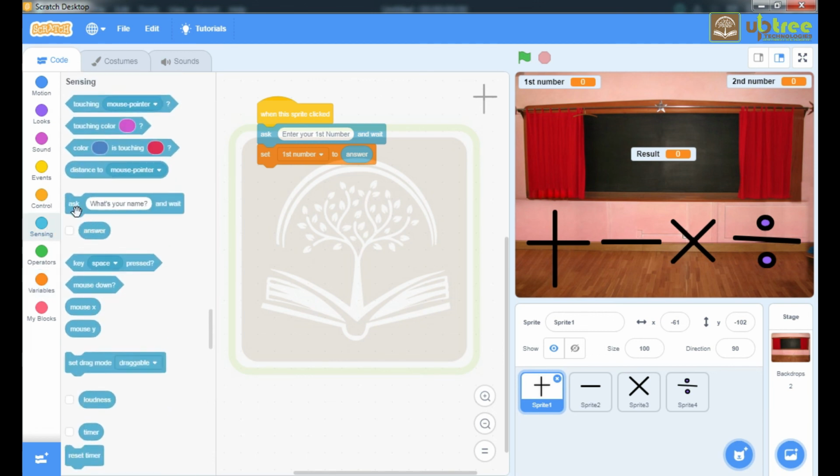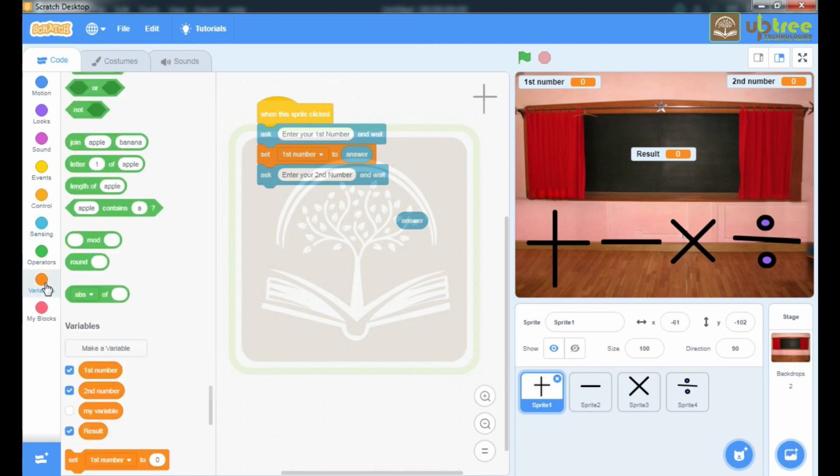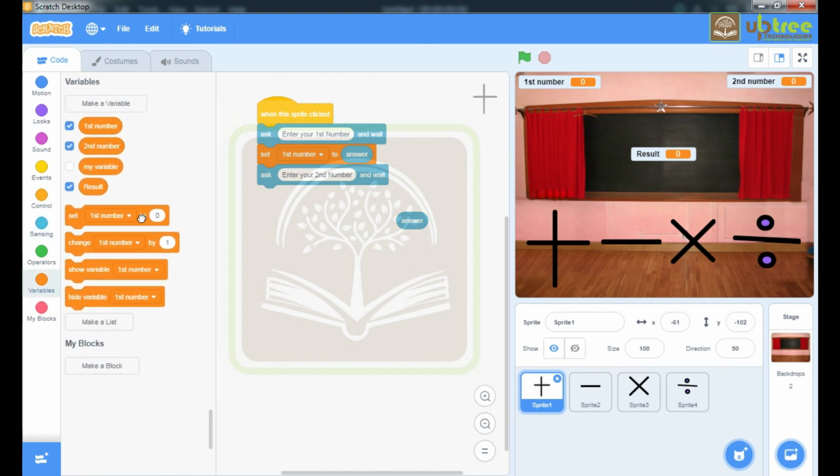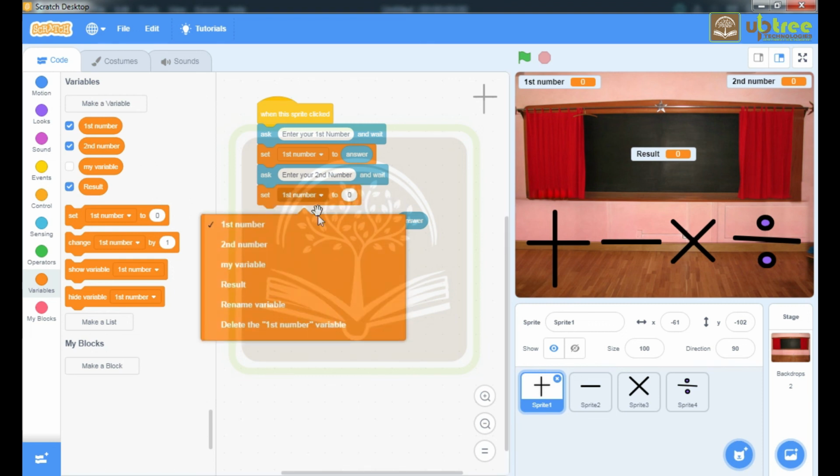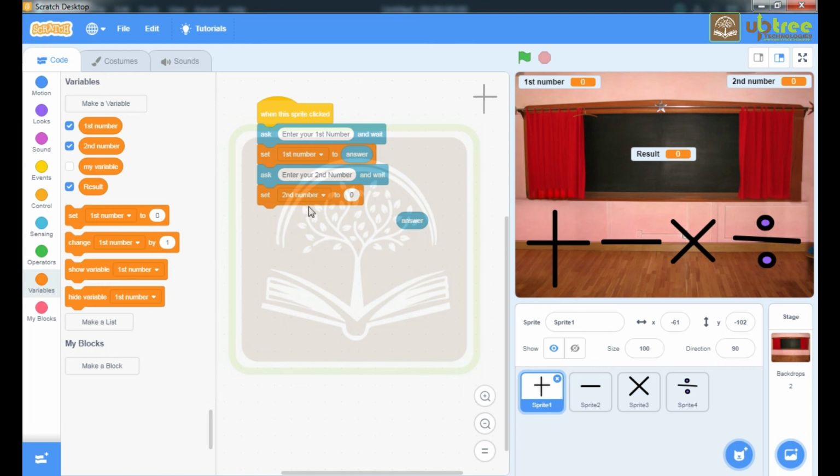Again we will ask for enter your second number. Then go to the variables block, take this command, change here from first number to second number and put this answer here.